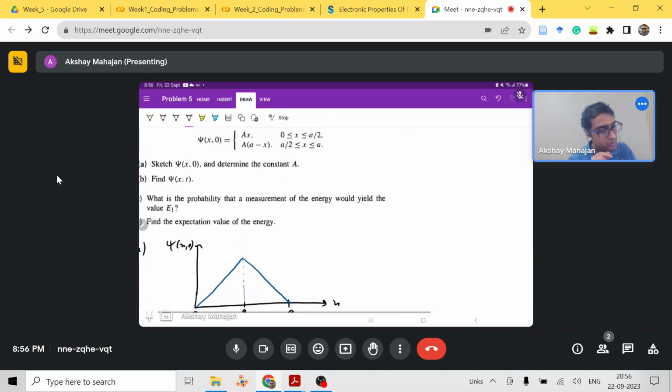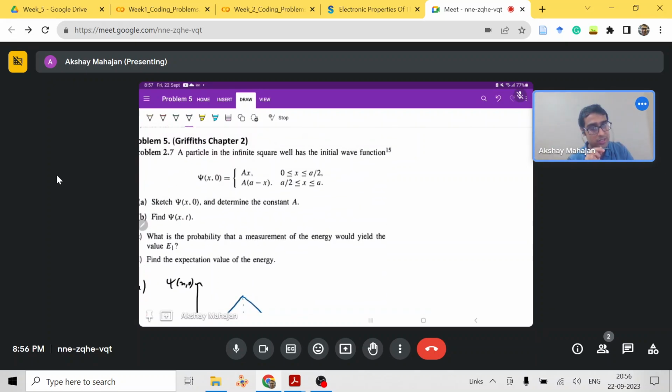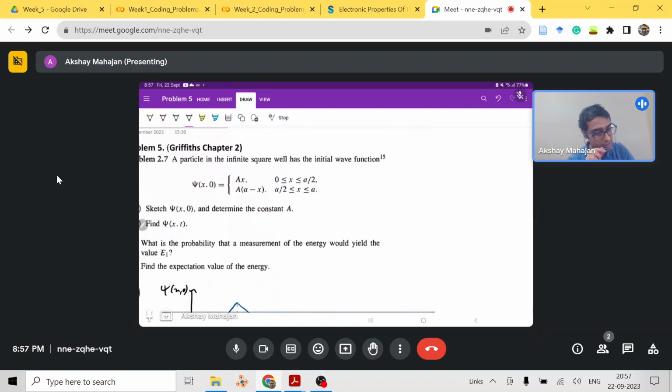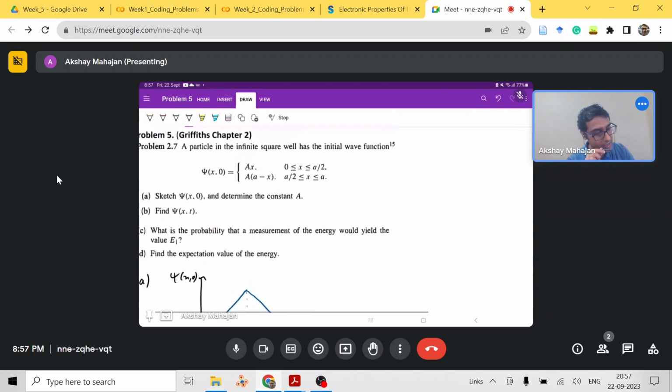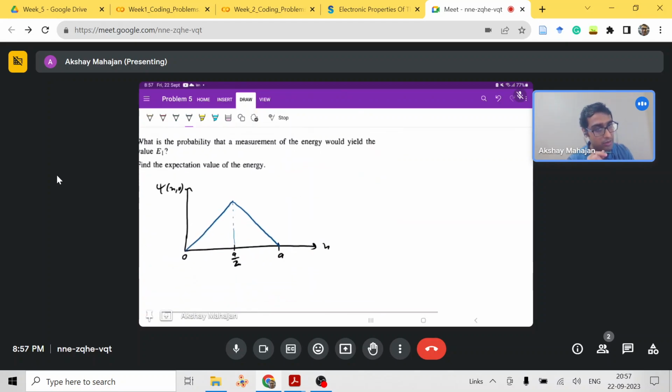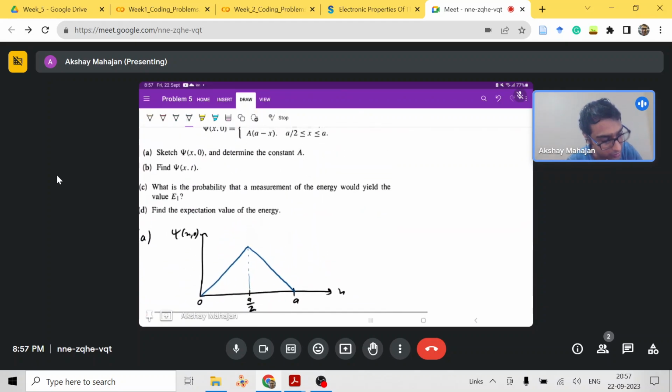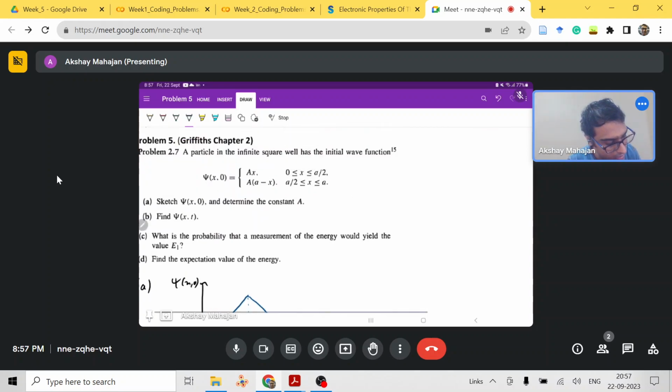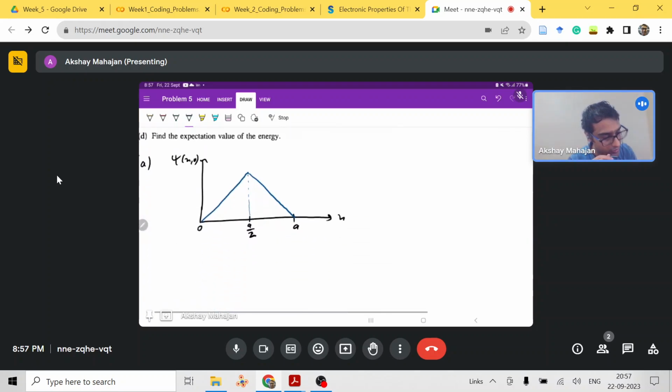So at x equals 0 the wave function will be 0, and it will increase with the slope a, and then it will decrease with the slope minus a after a by 2, and at x equals a it will be 0. So this will be our wave function. So we have sketched our wave function, and then we have to determine the constant a,